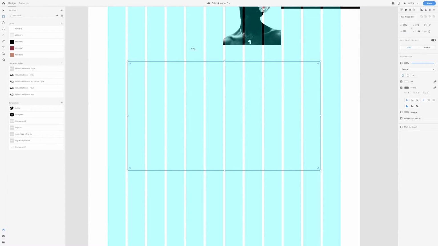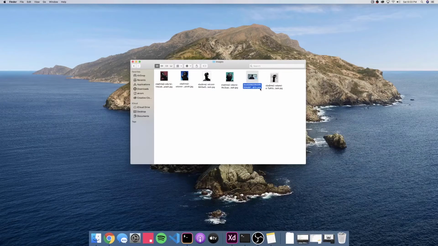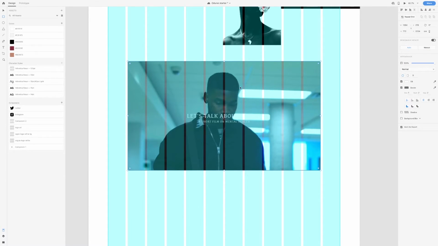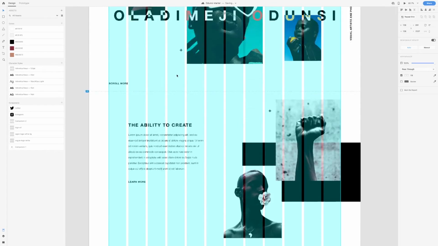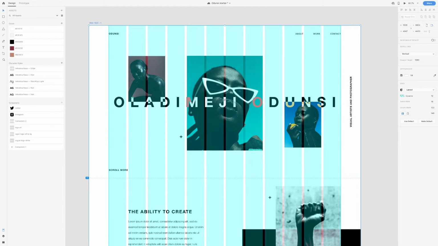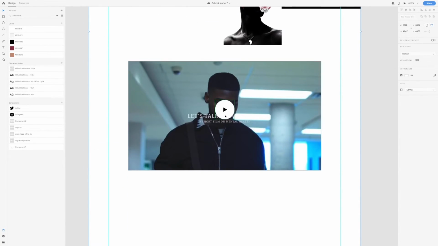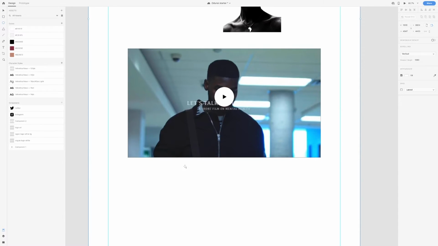And what we could do here is drag in our thumbnail of the video. Select the image or the thumbnail and simply drag it over and drop it. And from here we can drag the component to layer it on top. All I did to create this play button component is, first let's turn off the grid so that we could show you a better representation. I simply grabbed a circle like so and a triangle like so, and then I turned the triangle by 90 degrees